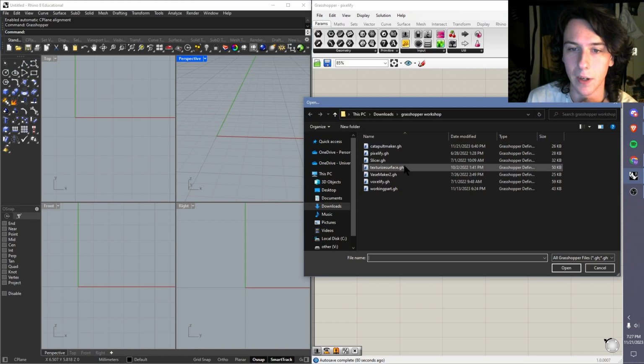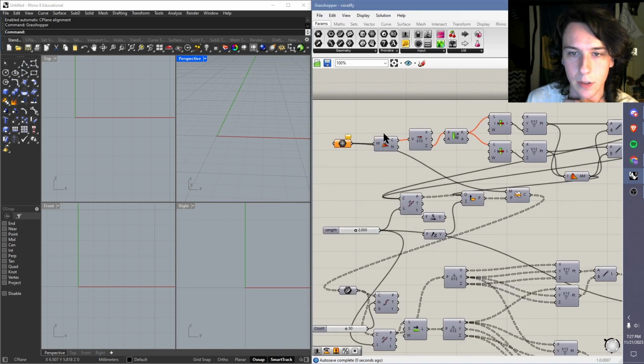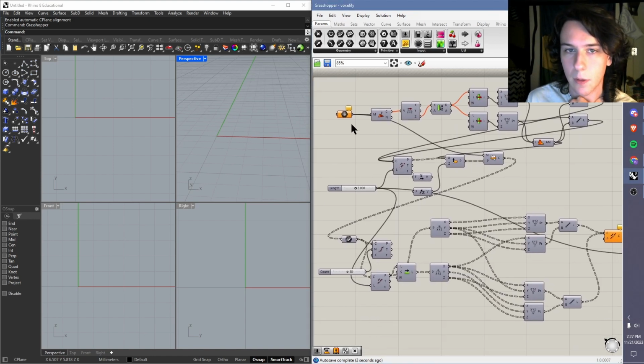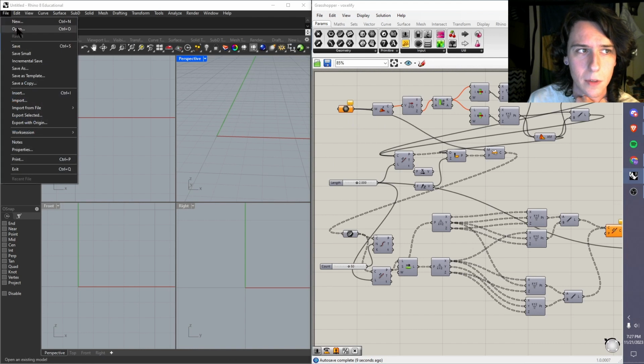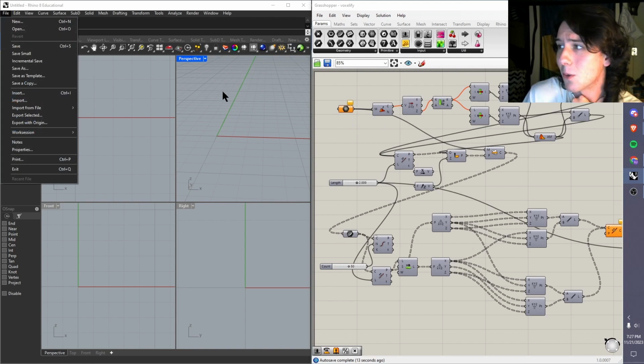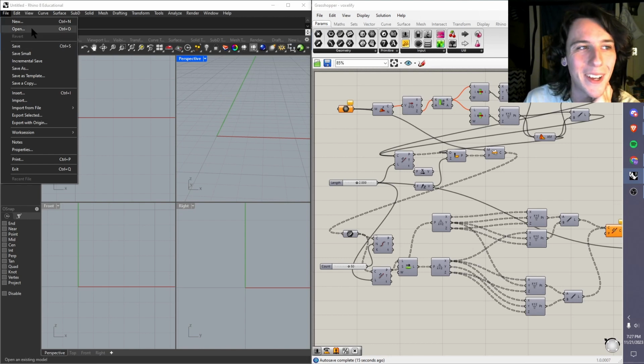We're going to open up another part, or another script. It's always been very unclear to me what I should be calling Grasshopper files. Sometimes I call them scripts, sometimes I call them other things. Don't get too wrapped up in it, doesn't matter. Anyway,